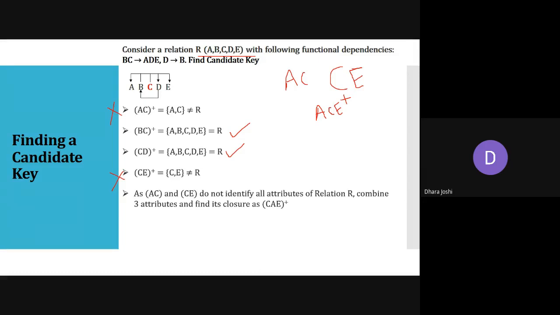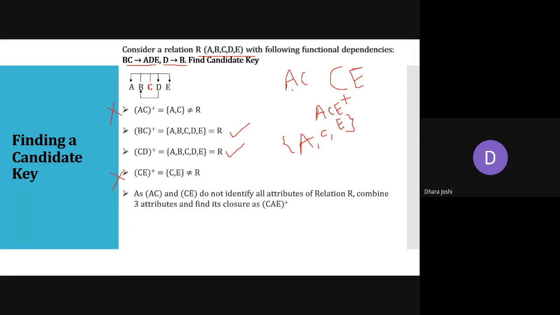Okay, Parth and Krish replied ACE. We'll verify that. A, C and E must be a part of the result, so I'm first writing that and then we'll go for the other possibility. A, C and E can be a part of the result. If I have these three values, then BC, but B is missing, so this functional dependency is not used. Again, we do not have D, so it also cannot be used. So yes, the correct answer is A, C, and E.